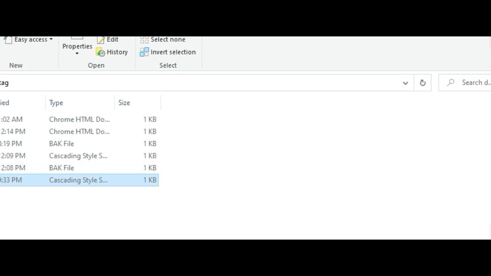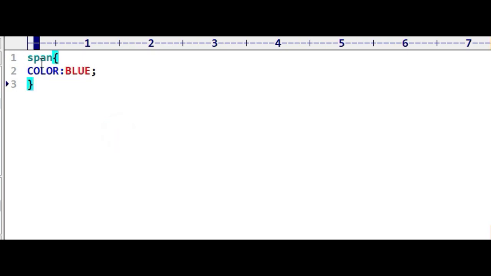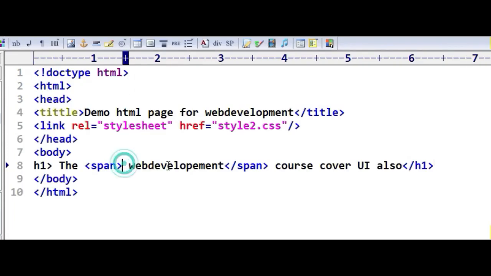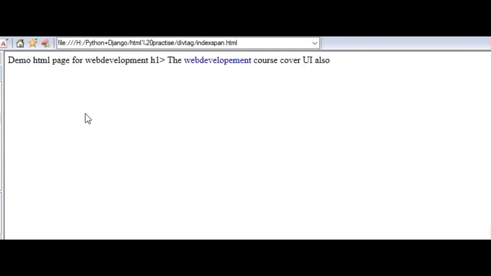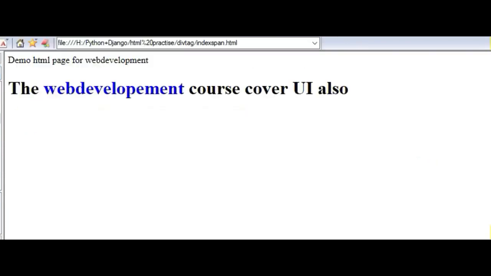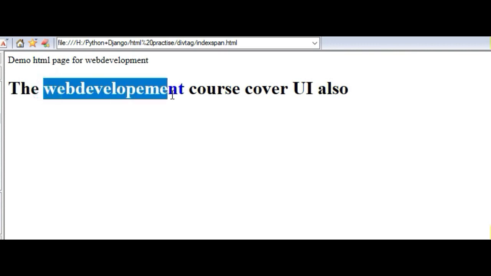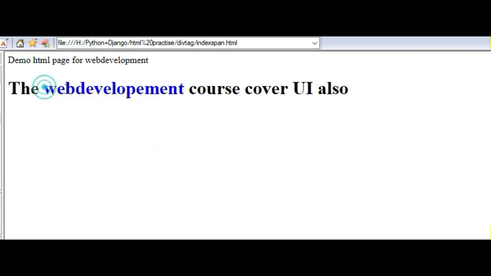I am showing you. So span color is blue, so inside the span color blue is used. When we run this, you can see the web development course covers UI. So only the span, we change the color of only web development.